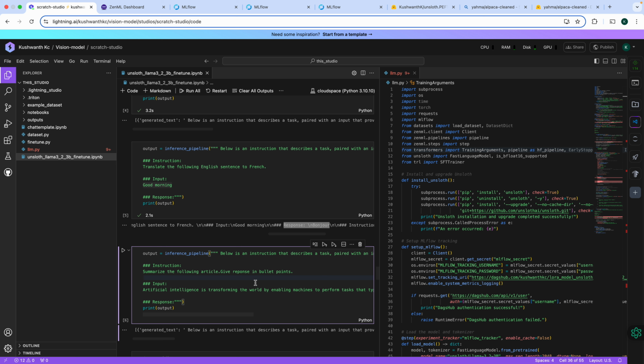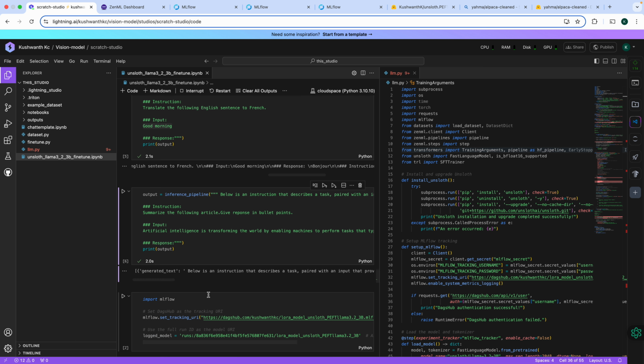If you see how we can summarize text as well, I've given some artificial intelligence text over here and tried to ask the LLM to give it in a summarized fashion in bullet points. If you see, this is giving the article information in a nice bullet point format. So this is how